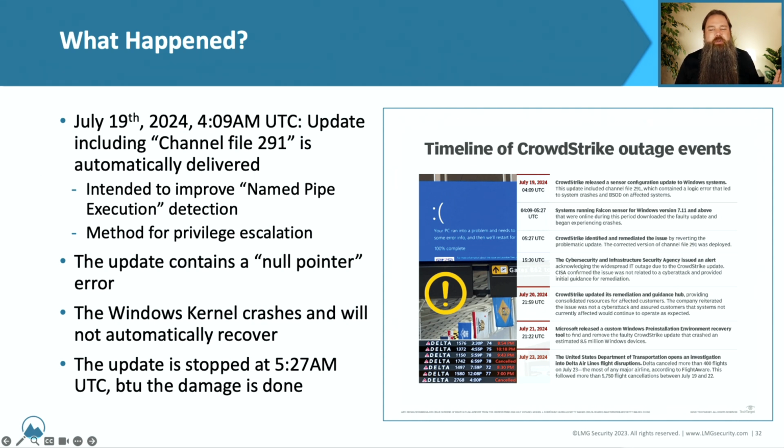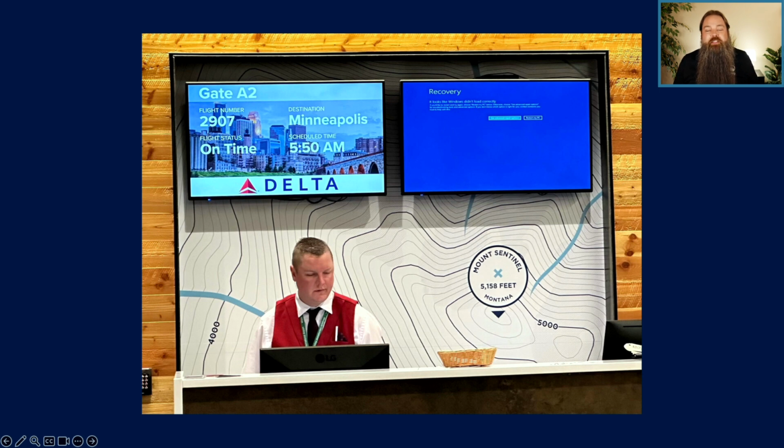Now, I threw this picture on here just because it was a perfect example of what actually happened. This is a picture of the airport right here in Missoula, where I'm sitting right now. And this picture was taken by Tom Pohl, our head of penetration test, as he was trying to board a flight. You can see the Delta counter, and then you can also see that big blue recovery screen on the monitor next to him. Now, he was not the only one that suffered because of this. There were thousands upon thousands of flights canceled. Hospitals had to go back to pad and pen. Financial institutions couldn't function properly. I mean, this was pretty huge.